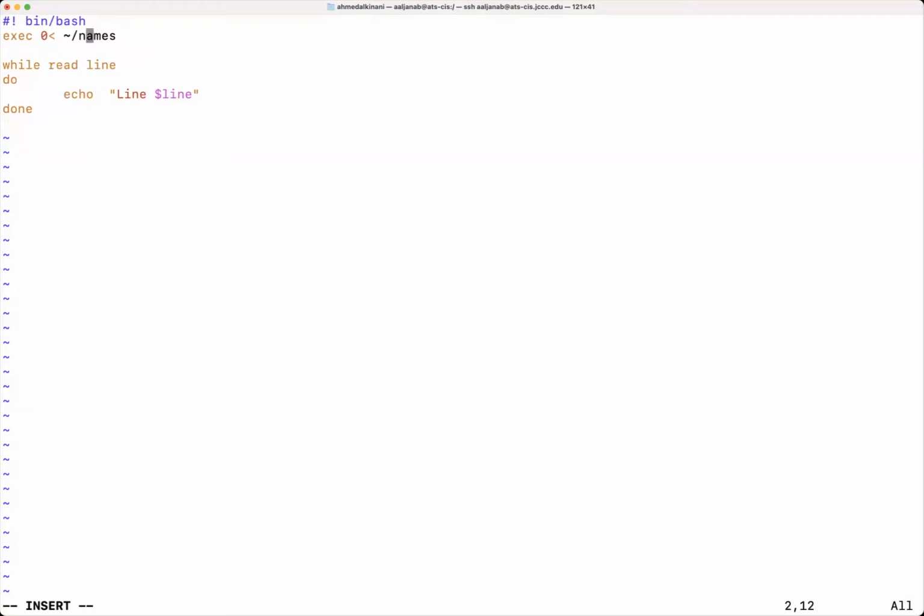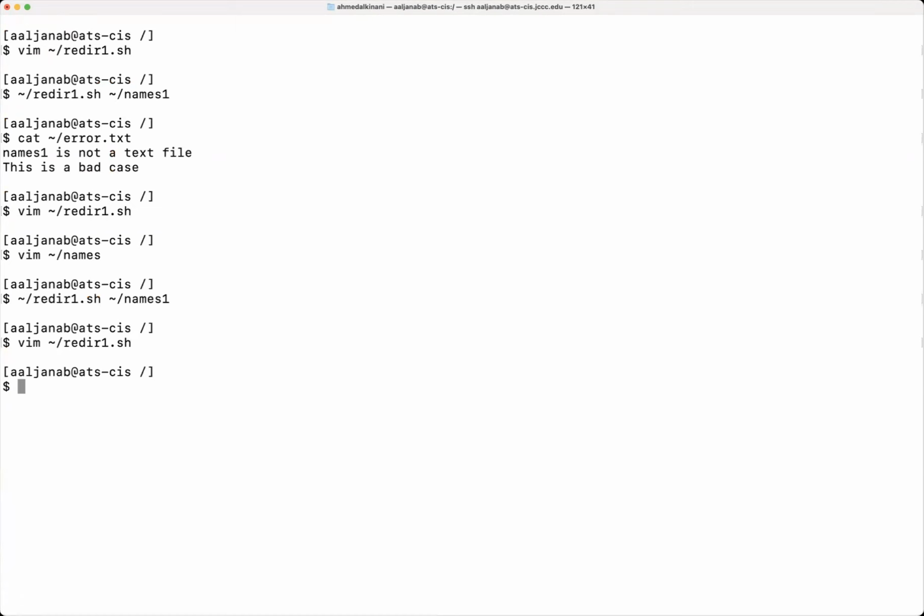So let me just explain this code. By typing this command here, I'm telling my script file that I'm going to be reading from a file called names. So I'm going to read lines of that file, and I'm simply going to be going through it. As long as I can read from the file and I'm not getting to the end of it, I'm supposed to be able to see the names printed on the screen. Let's see if that's going to be the case. Hopefully, we'll get that to work.